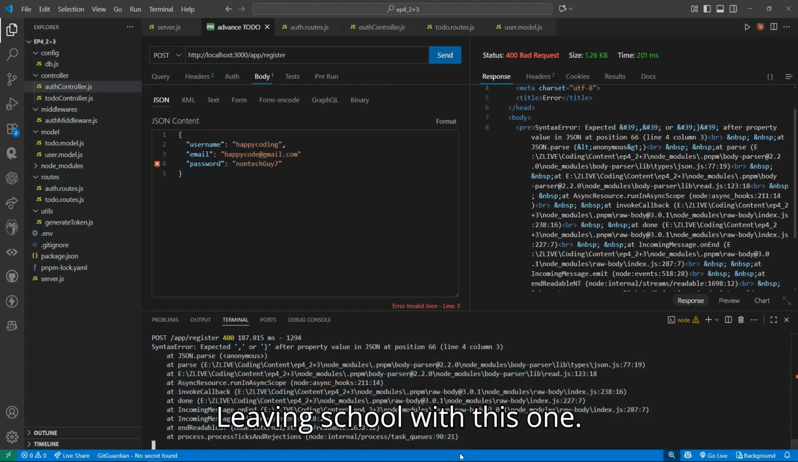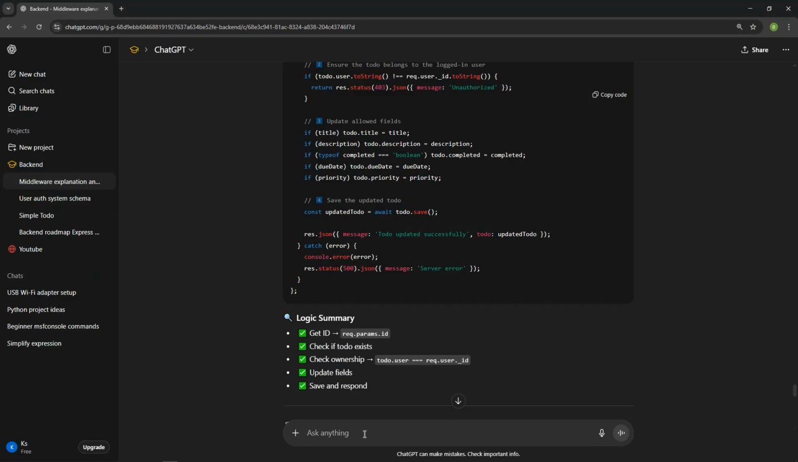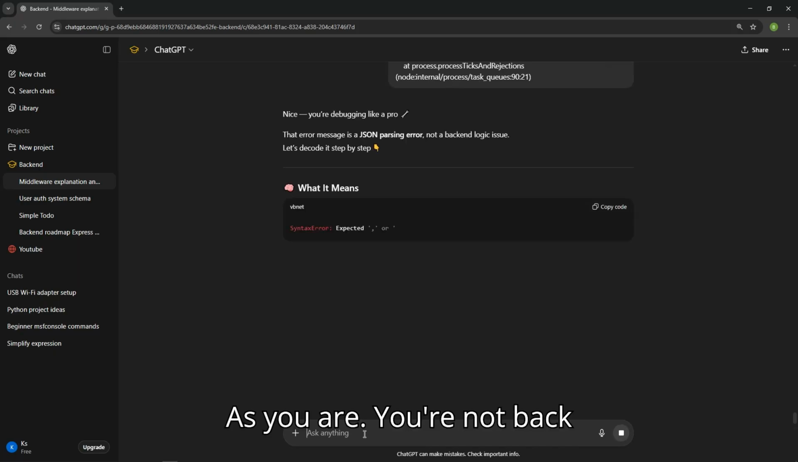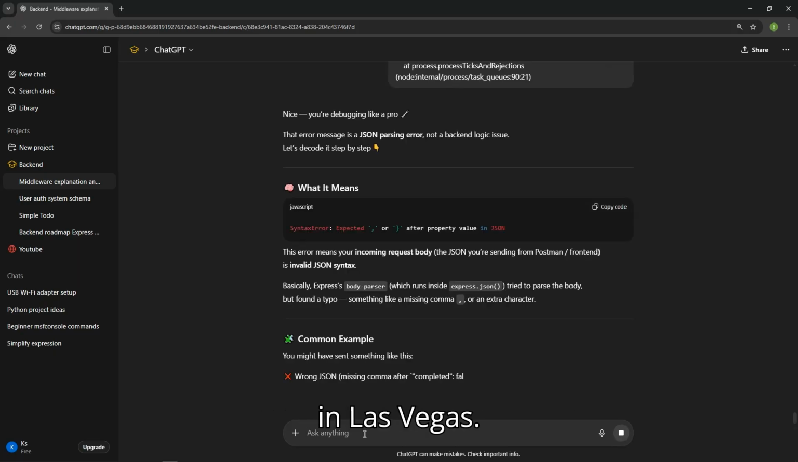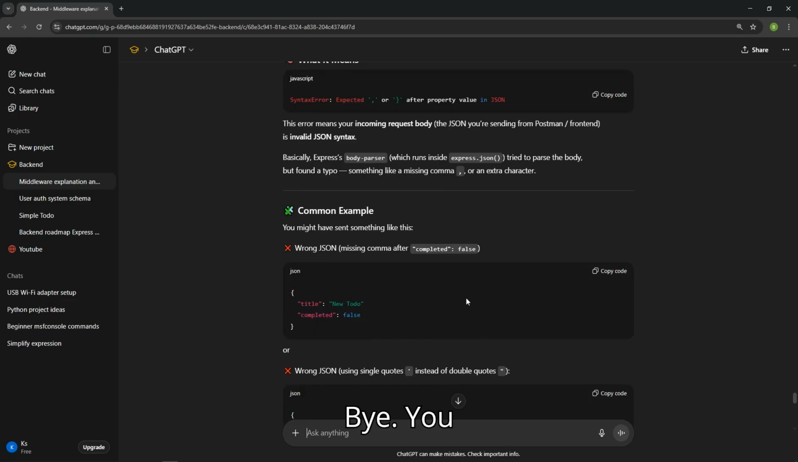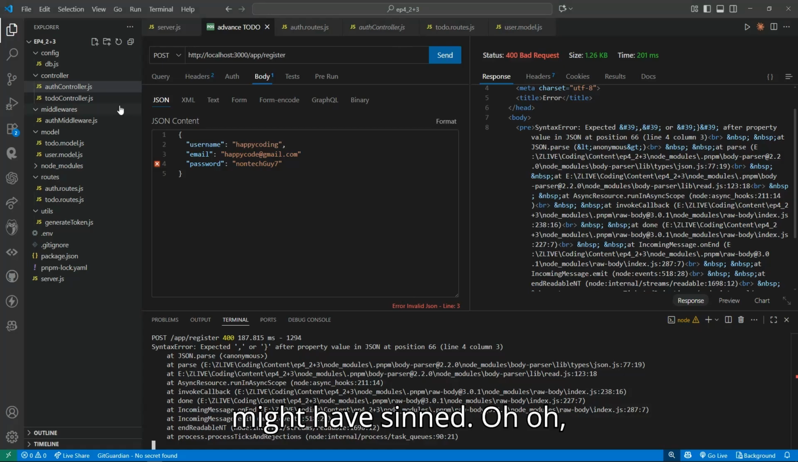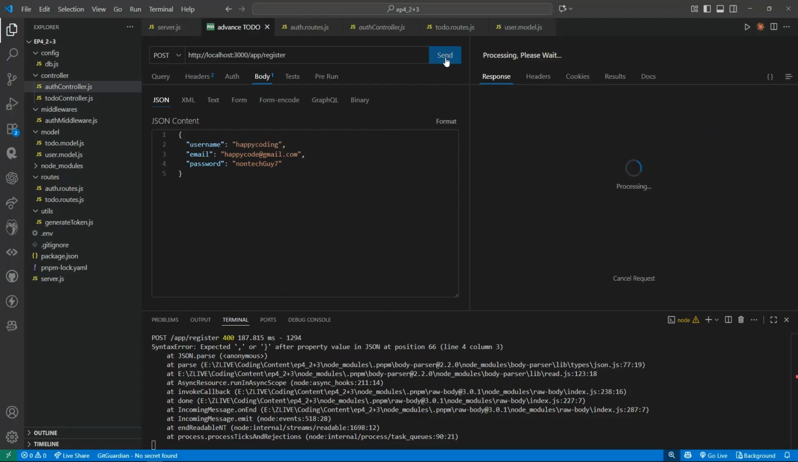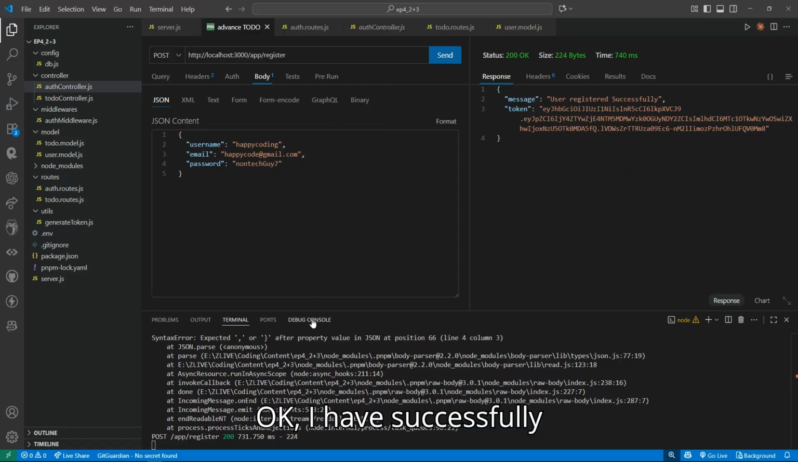Let me just copy this one. You might have sent the decision part here, not the backend logic. Oh, I just missed a comma. What? Okay, I have successfully registered this new user,